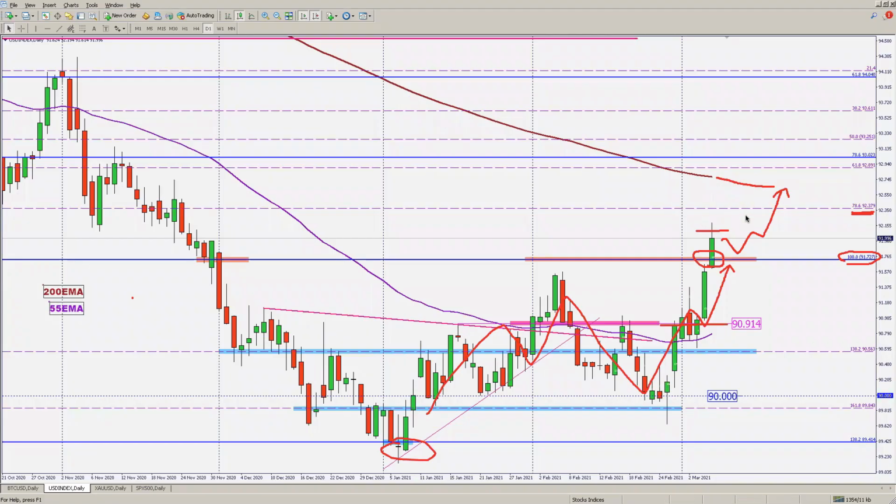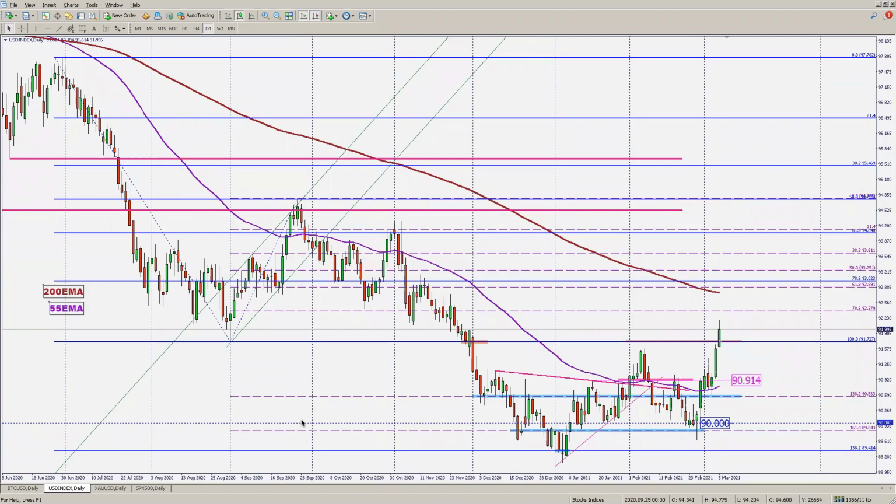So we'll see if this dollar strength continues next week, which will be a key inverse correlation with the other major pairs. Let's just take a look at where